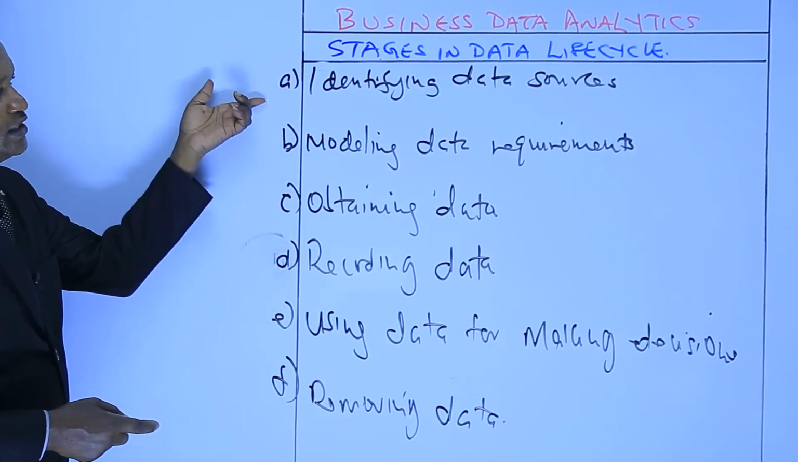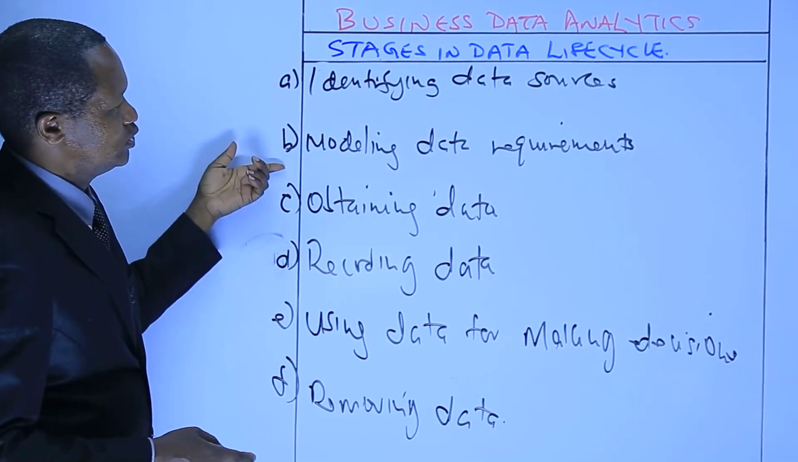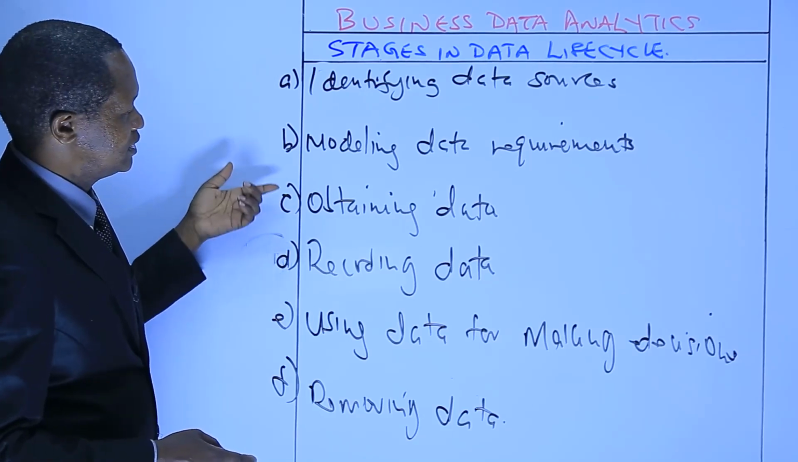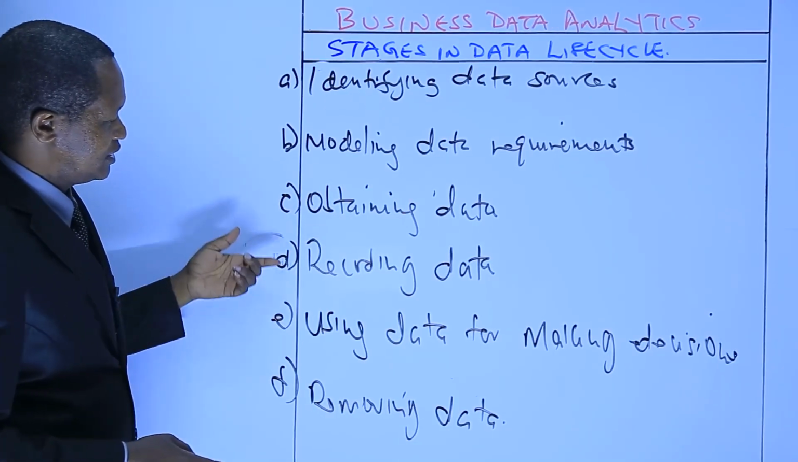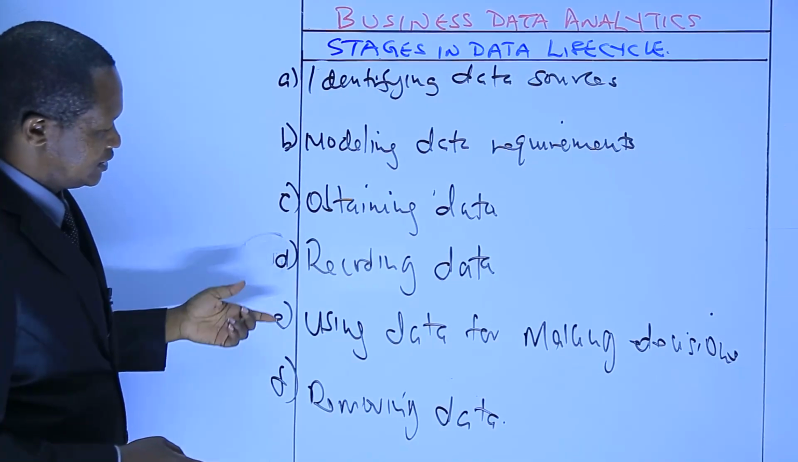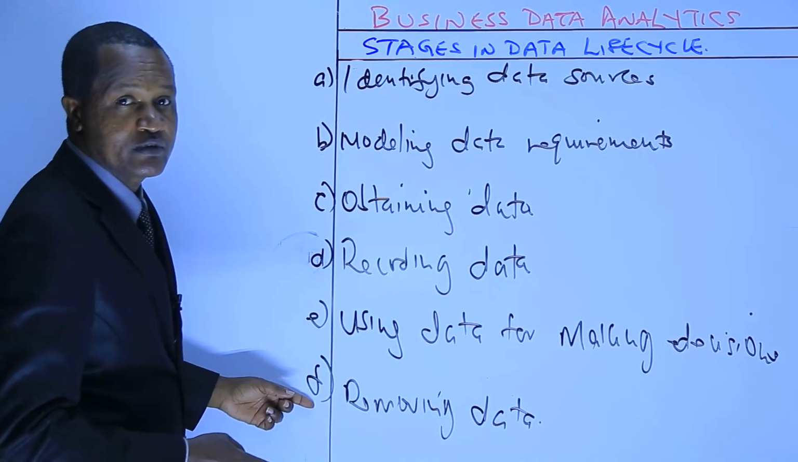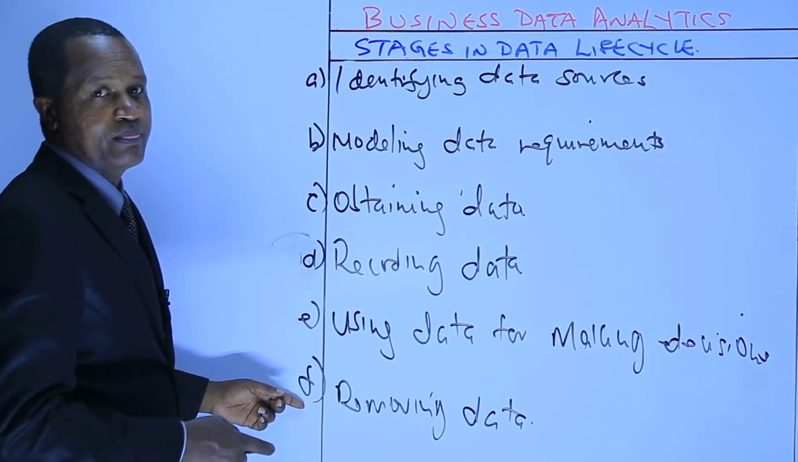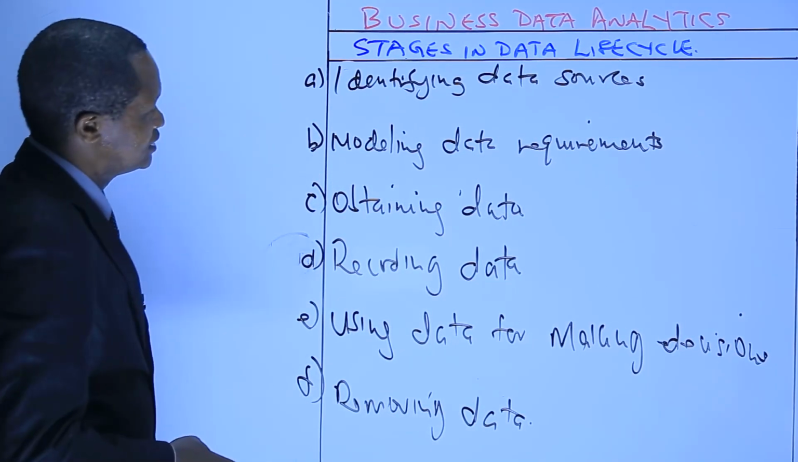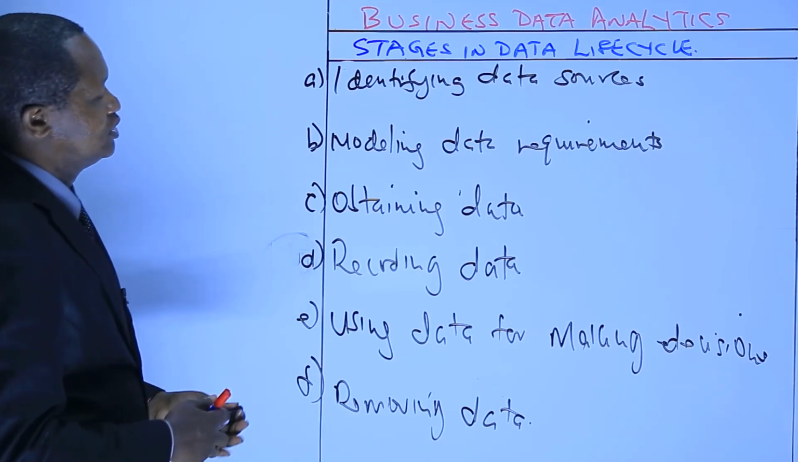Number 1, identifying data sources. 2, modeling data requirements. 3, obtaining data. 4, recording data. 5, using data for making decisions. And lastly, removing data. Now, candidates, the first stage, which is